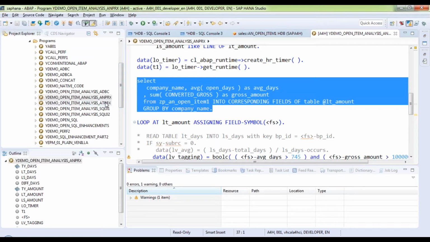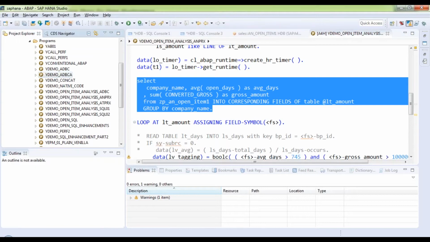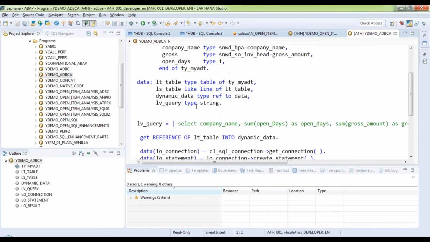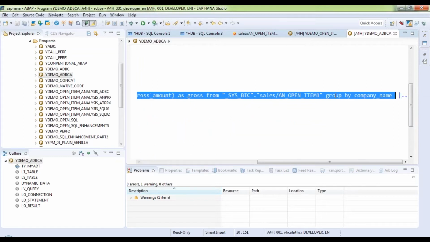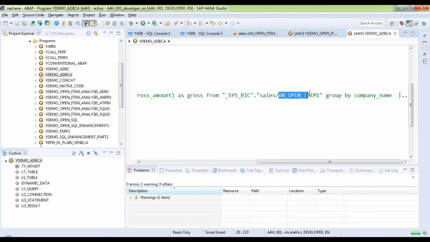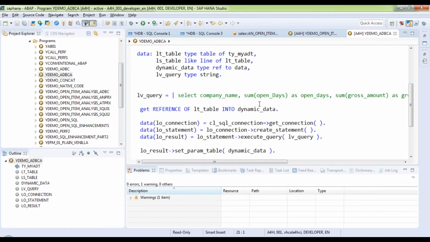The other technique which we had used was the ADBC call. If I come here to the ADBC program, you can see here, you can also fire a query directly. This is your analytical view, which I'm showing you, open item 1, using ADBC, ABAP database connectivity. Hope this answers your question, which are the two techniques to call an analytical view using ABAP.